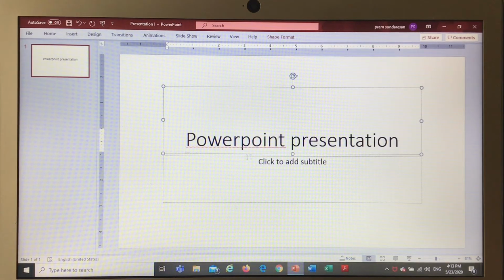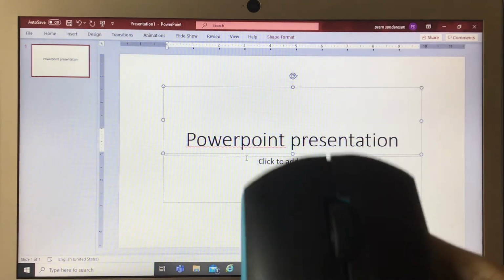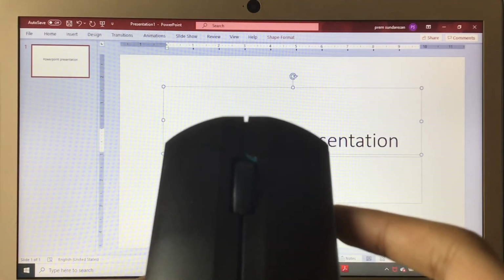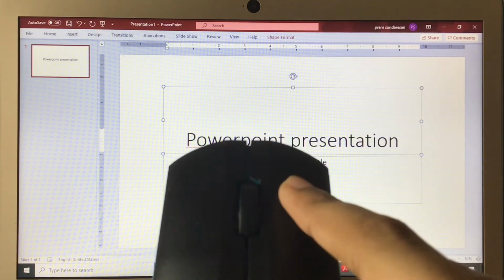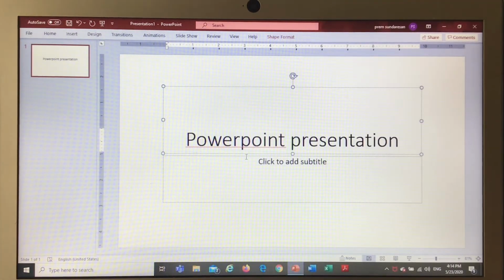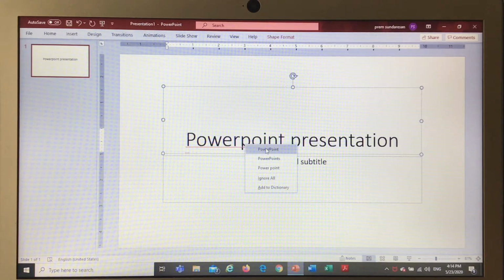As you can see here, a red line has appeared below our PowerPoint. This means the word has a mistake in it. Now I'm going to give you a beginner's tip, which is to know if your word is wrong, press this button on the word and you'll know if it's wrong. As you can see here, they have given us some fixes. So I'm going to go with the one with capital P for point.